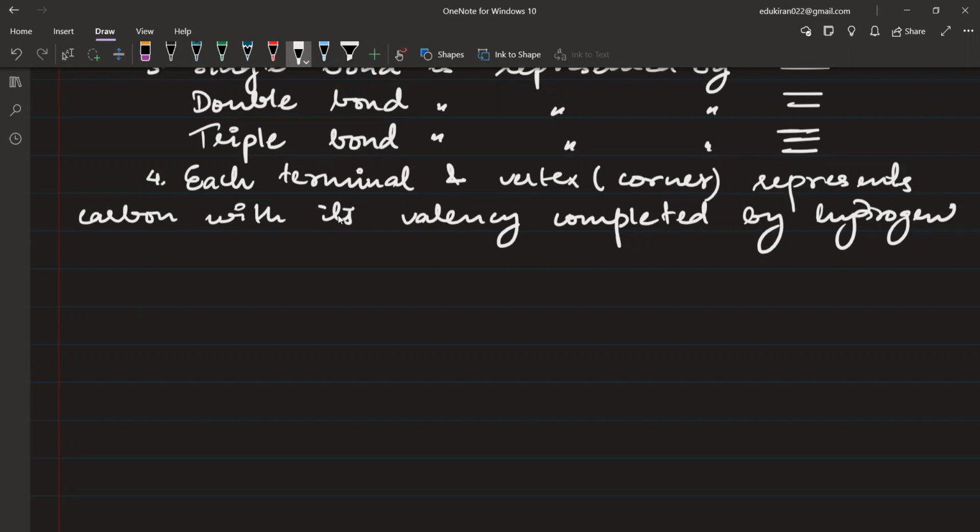So I will be writing the condensed structure and also the bond line structure. For example, if you have a condensed structure like this, CH3 and CH3, obviously the bond between these two carbon atoms will be a single bond. So you'll just write a single bond like this. So this is one terminal, and this is